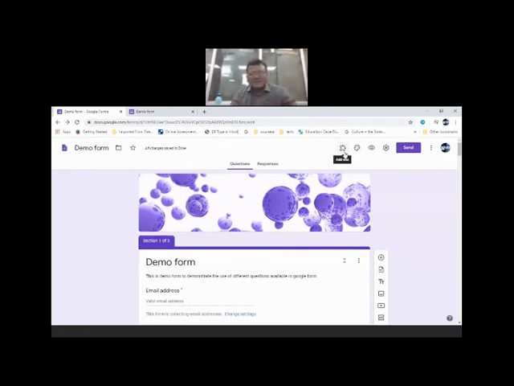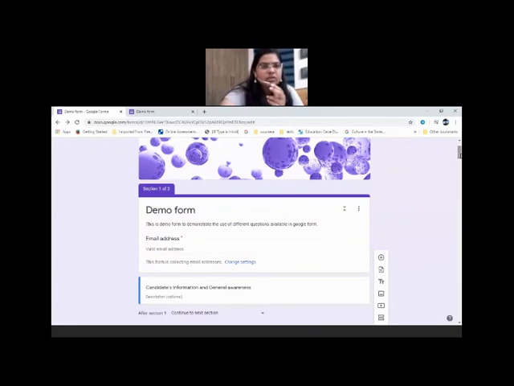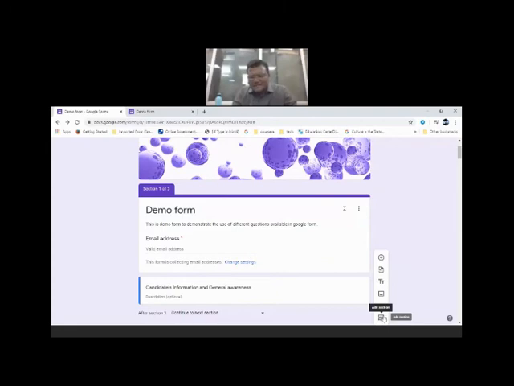Any more questions? Sir, there is one more question from Priyanka Prajapati. She is asking, please tell again how to divide a form into sections. Maybe tomorrow we will talk about this again, it can be demonstrated tomorrow. Still, okay, just make use of this one: Add section. It is available here. See, this is add question. The second one is import questions. The third one is add title and description, then image, then video, and then finally add sections. With the help of this button, you can add these sections.